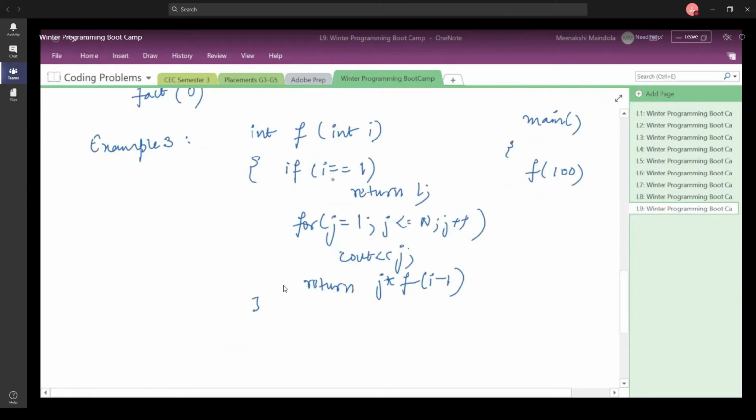So what is going to be the time complexity for this piece of code, where this function is called with the value 100? The value of i is going to be 100, but this function recursively calls itself with the value i minus 1. So what will be the time complexity here?